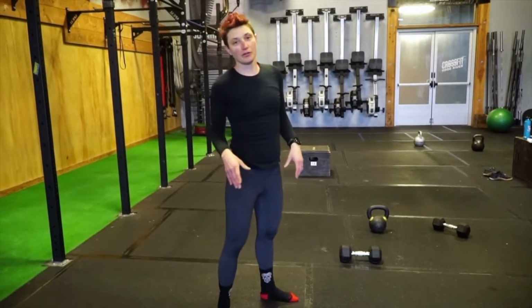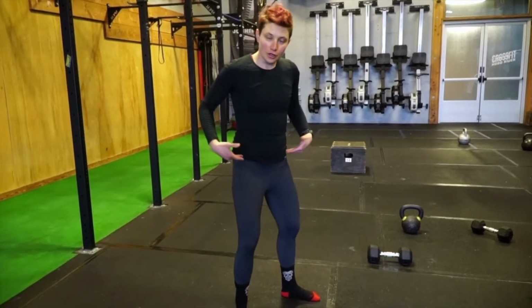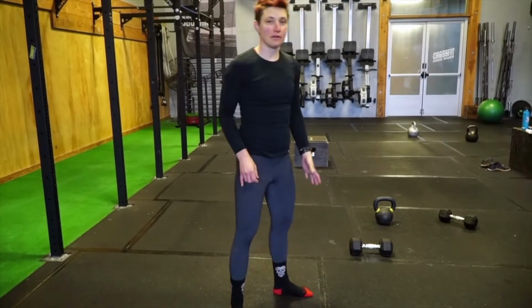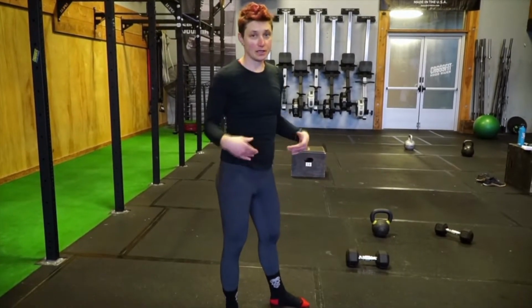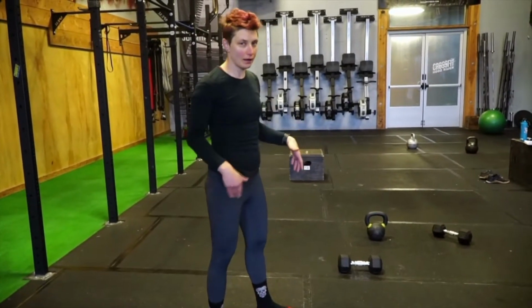Okay, so if you're able to do your 2 sets with good control of your hips, your knees tracking over your toe, foot feels solid, then add weight. If you're still super shaky, don't worry about adding weight. Just keep doing this exercise with body weight only. You're gonna get a lot of benefits from that. But if you're ready to add weight,